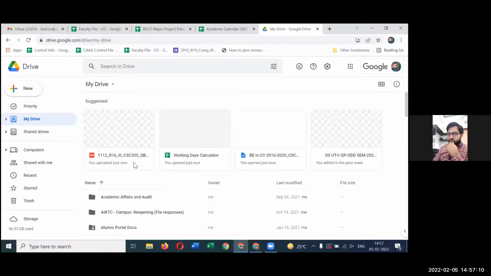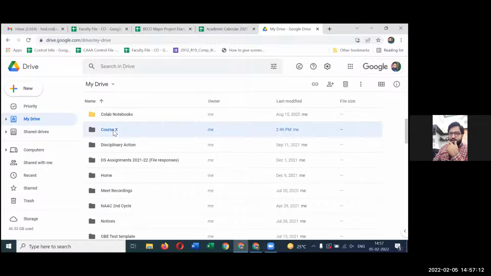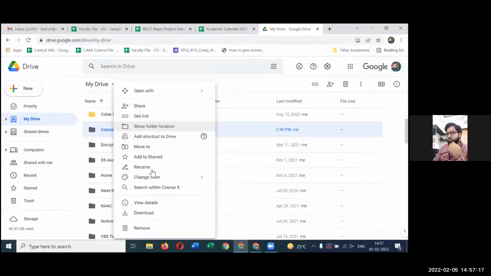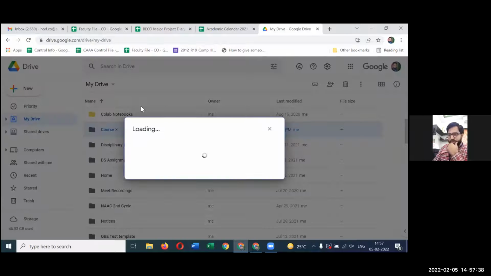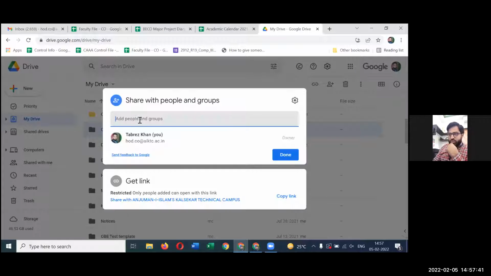So for example, I come back to this course X. अगर course X ये जो folder है, ये folder ही मुझे किसी के साथ में collab करना है, किसी के साथ में share करना है. So I can right click on it and go to this share option. I can get a link and send the link myself to the required people, and there also I can decide whether those people can only see my data or they can also change my data and so on. So I would go to share. Share पे जाना है मुझे यहाँ पर, and here I need to put the email ID.